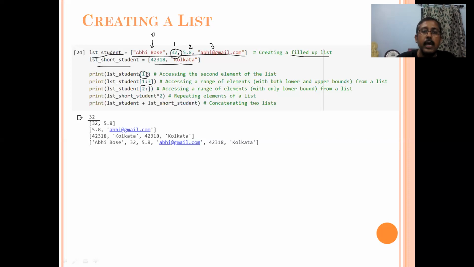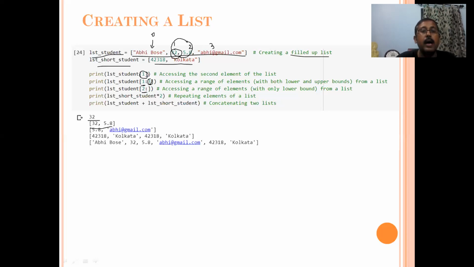It will end before that. So it will return 32 and 5.8. It will not go till the fourth index; it will go till one element lesser than that index, right?